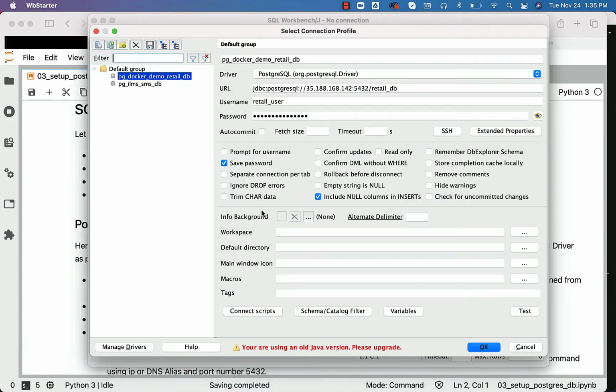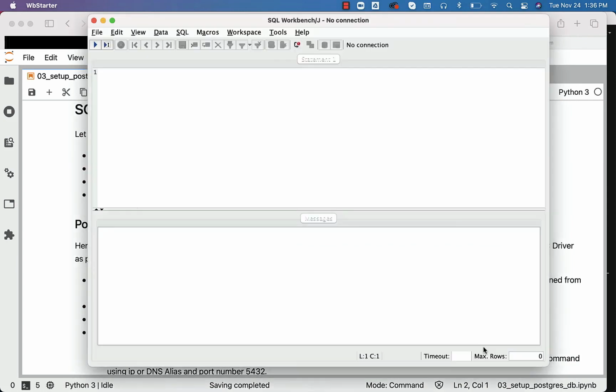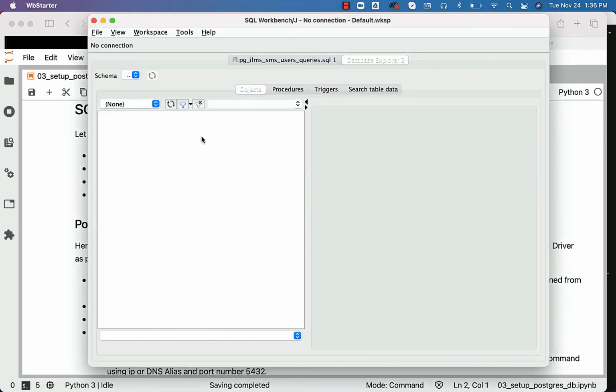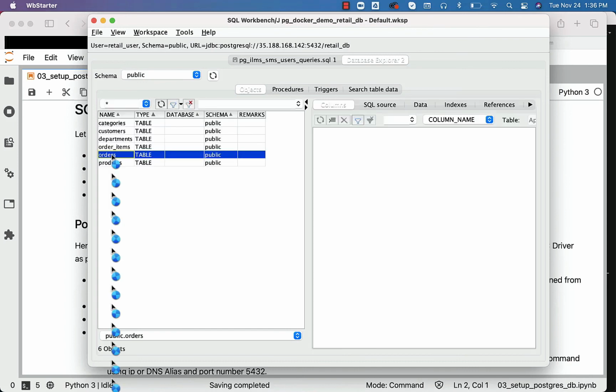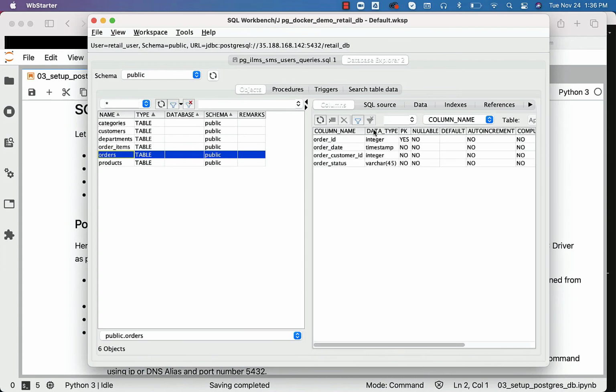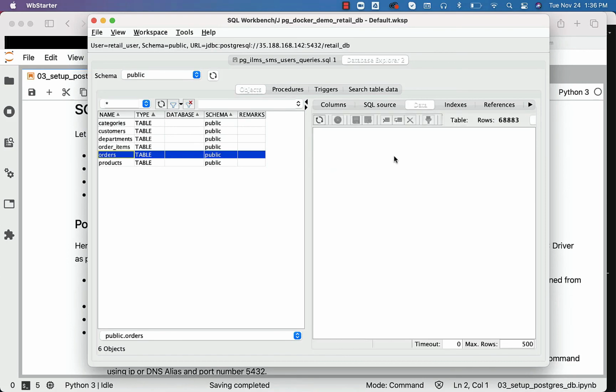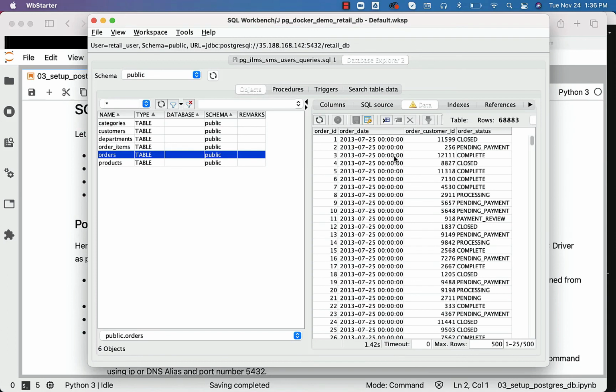You can now double click this. It will take care of launching the SQL Workbench for us. We want to connect to this only, so we can say OK here. It is connected and you should be able to see the objects very soon. Once the database objects are shown, you should be able to click on the object and see the attributes related to those objects and also review the data by going to the appropriate tab. You can see the columns here. It got the response pretty fast this time. You can also click on data to review the data. It is just taking a bit of time and you can see that data is loaded.